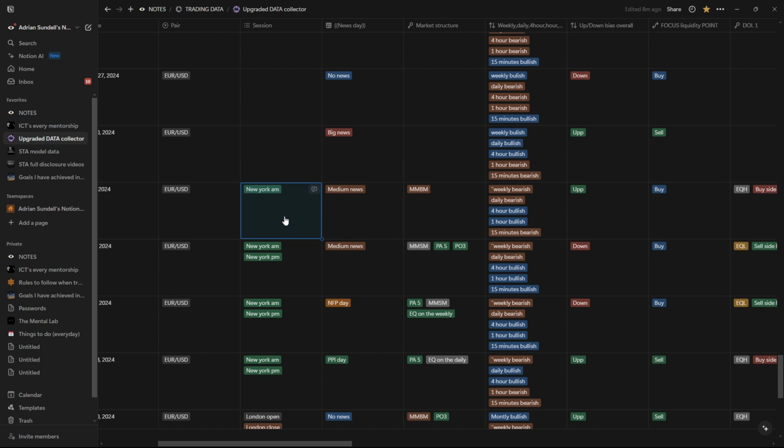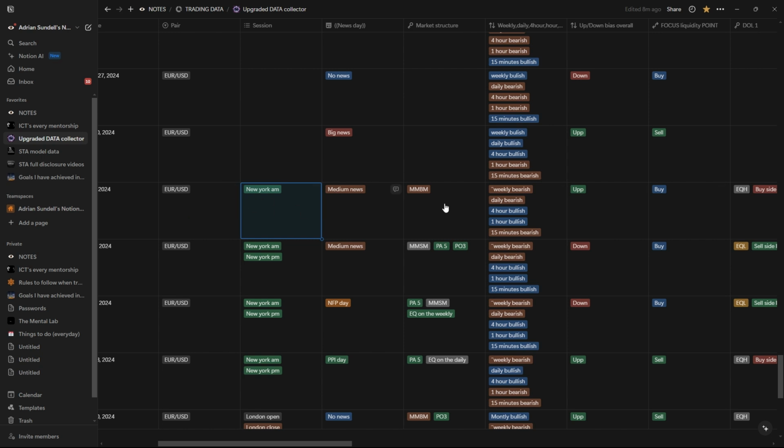Because at the end you can add annotations as well, and you can also add pictures from your TradingView. What I think is beneficial is to actually annotate your trades and the thoughts you actually had during the trade. Like in the fair value gap, just annotate what you're thinking of that fair value gap. There is a little bit of text you can add in. Once the trade is done, just take a screenshot of that and add it in at the end.